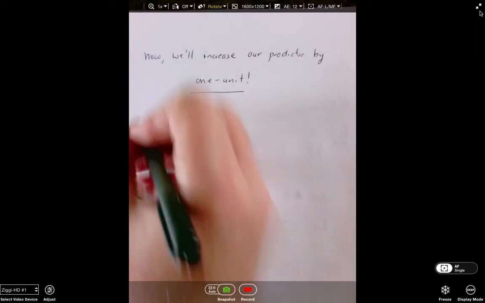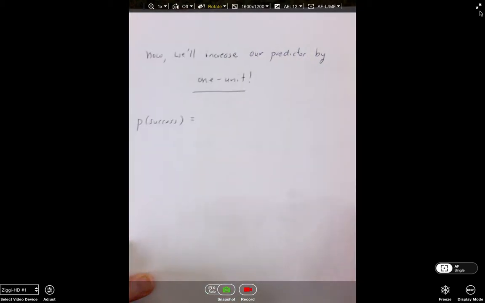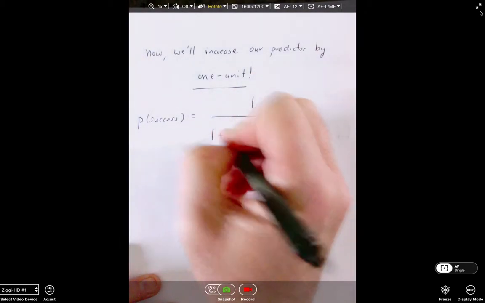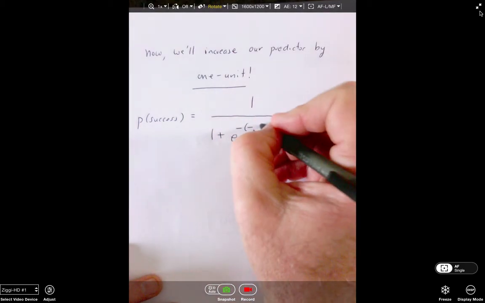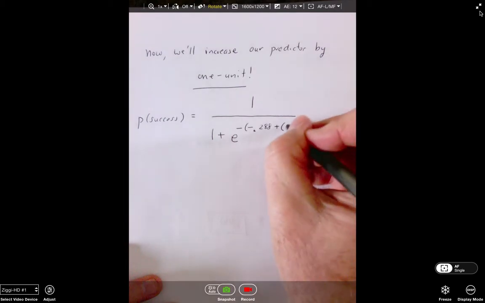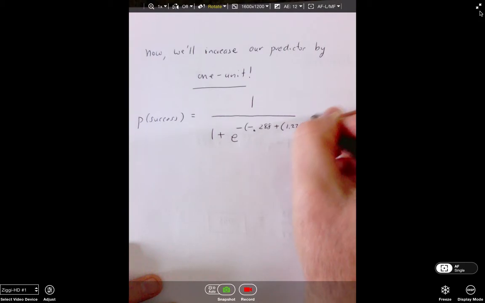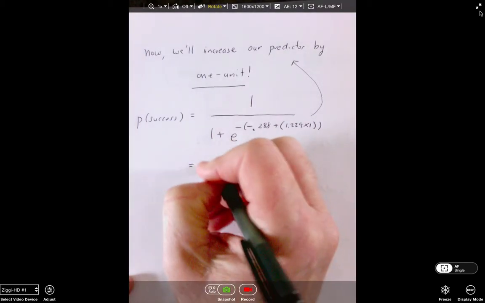All right, so probability of success is going to be equal to 1 over 1 plus e to the minus negative 0.288 plus 1.229 times 1. Again, for obvious reasons, we're looking at the probability of success given that they did attend the Friday sessions. And I get